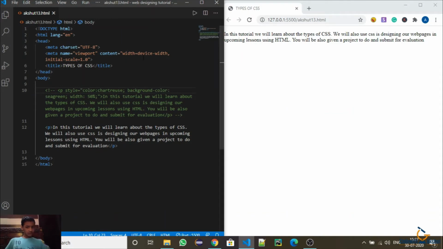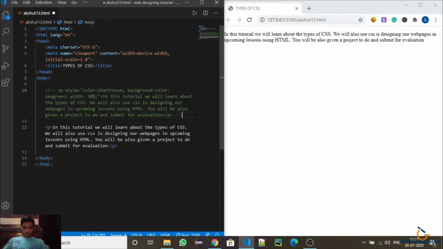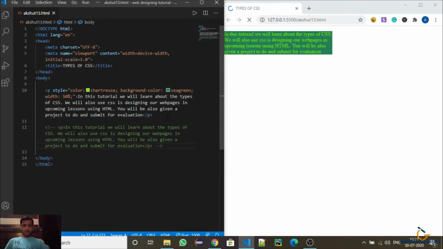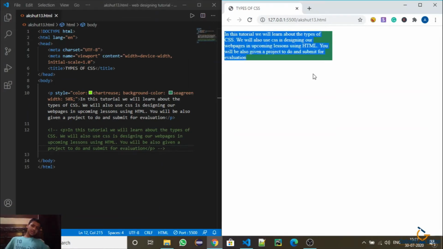So it is all edited now. For internal CSS, I will not remove this first, I will just comment it. So I will save it. As you can see, this is coming like this. It is having a CSS color, background and width. The tag is having the color, background and width.